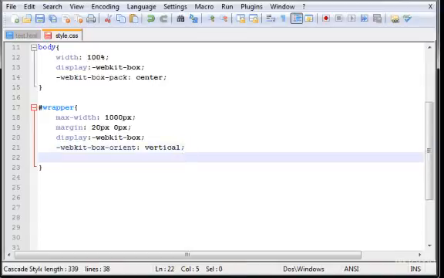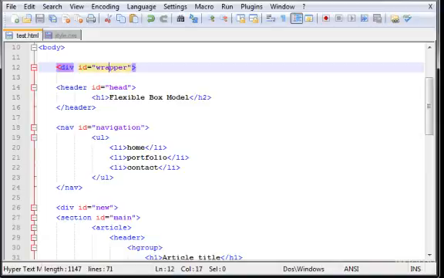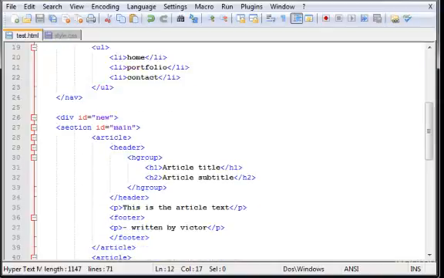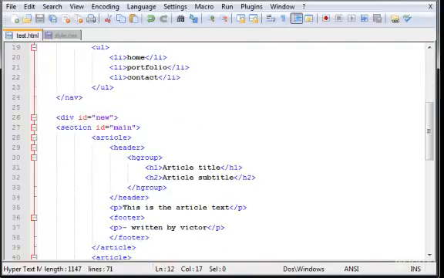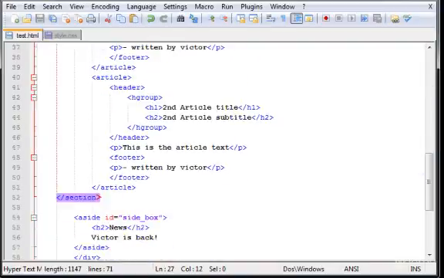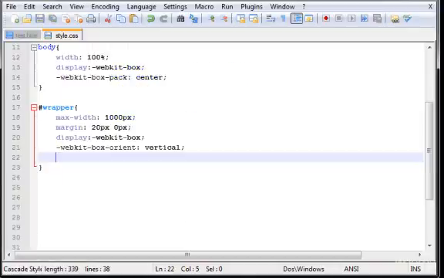Okay. Remember that the wrapper is in here, and what it has inside it is the header, the nav, and it also has the section here, and the aside as well. So let's save this. Let's type vertical there, and here I'm going to type WebKit box,